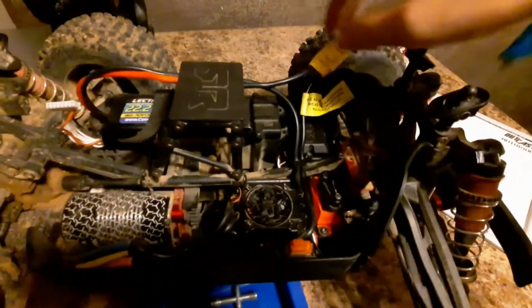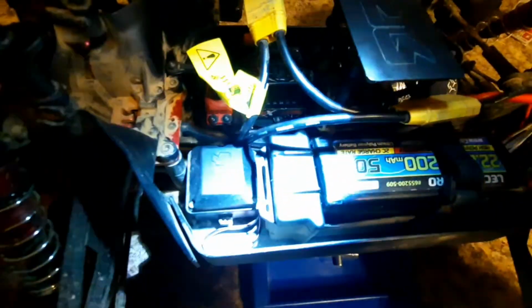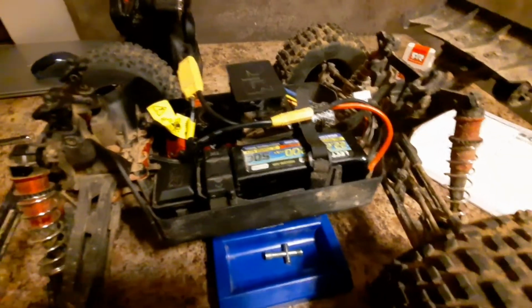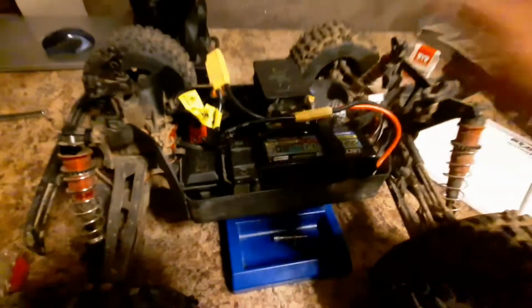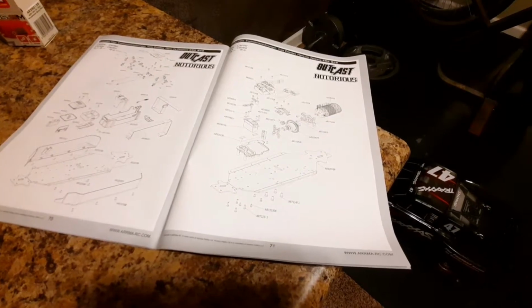the wires going into the receiver were kind of a pain. I'm not sure if you can see that or not. Let me see. As you can see, that wire is the one to the steering servo, and then you also have the one to the ESC. I had to find a way to run both of those right there underneath the drive shaft, so that the wires don't get ripped out whenever I'm driving it. That was really a pain, trying to get those wires figured out. But yeah, everything is hooked back up. So I used the